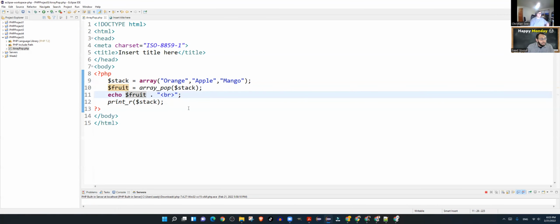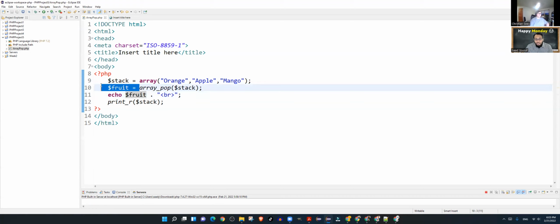push.php. So here we have an array, and in this array we would like to push an item. So we are not interested in popping anything out. So we would like to push into stack